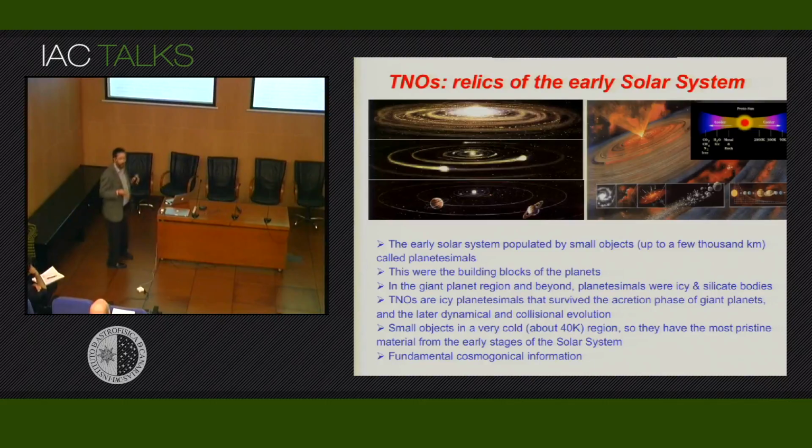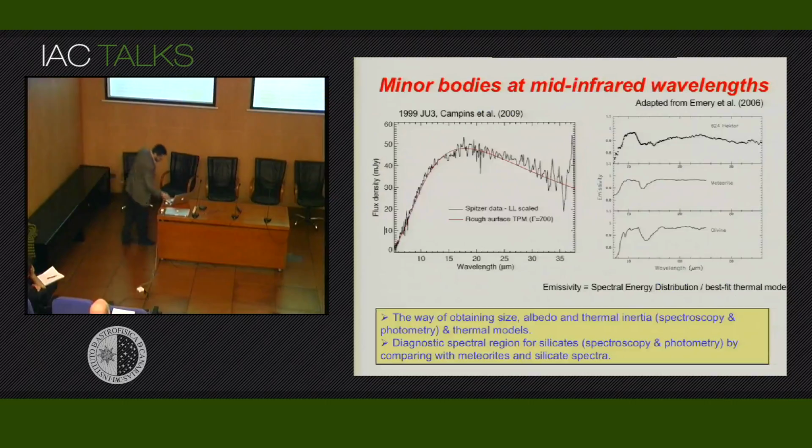And what can we do in the thermal infrared with Trans-Neptunians or other minor bodies? Basically, we can obtain two kinds of information. First, if we have this flux distribution,